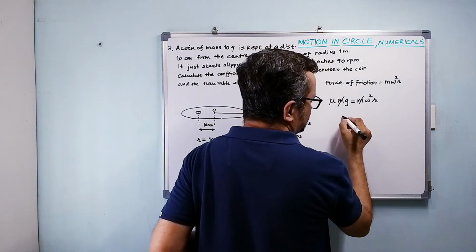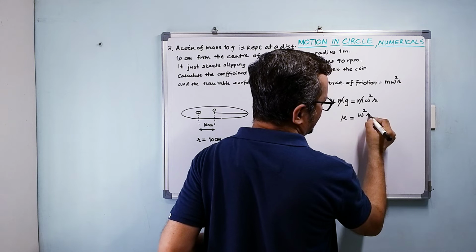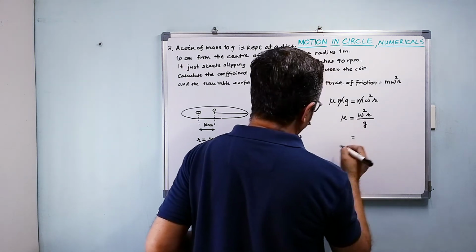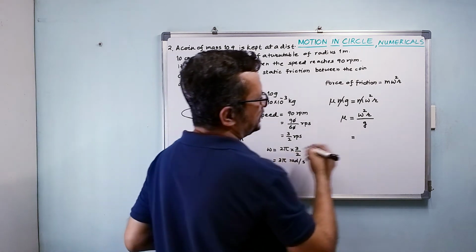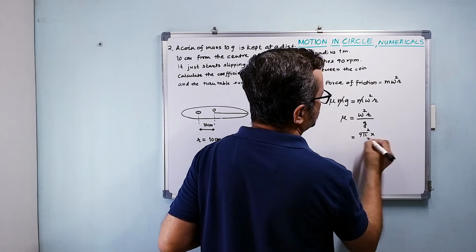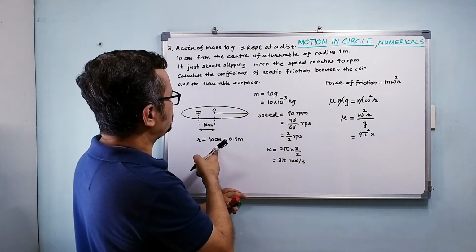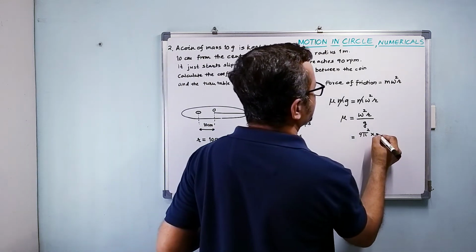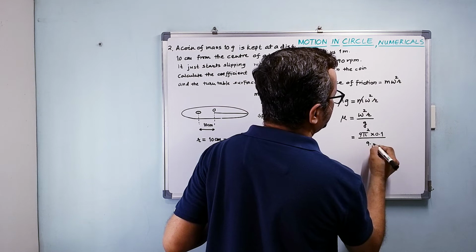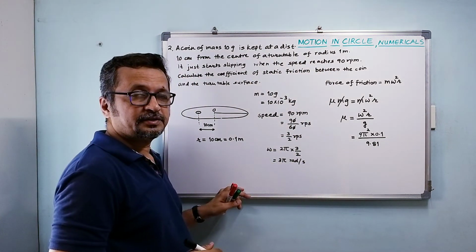So what we can do here is mu is equal to omega square r upon g, and that is equal to 3 pi, so 9 pi square into my r, which is 0.1 meter, and that divided by 9.81, that is the value of acceleration due to gravity,